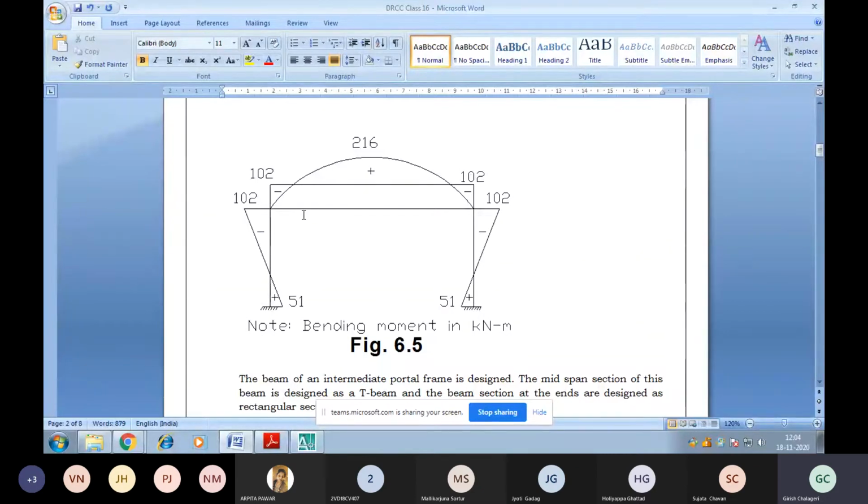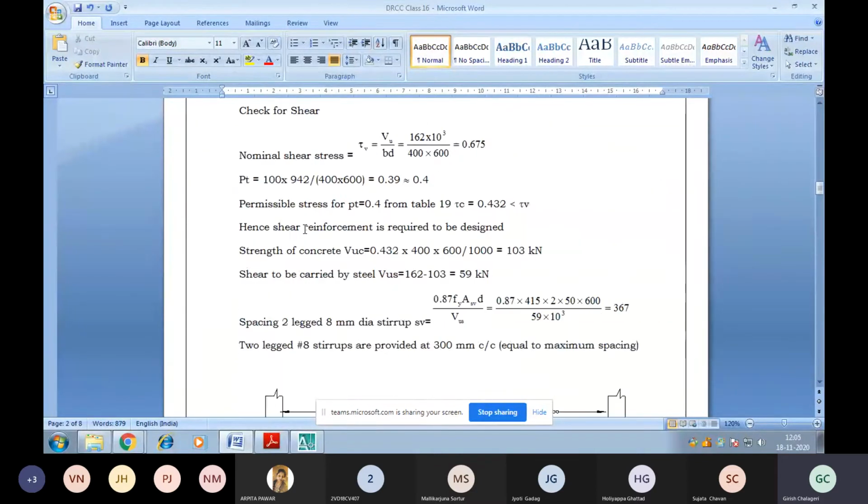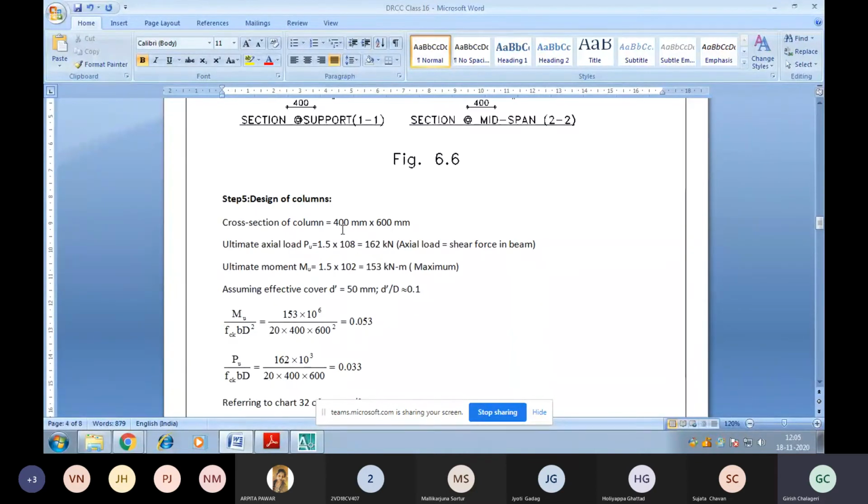That will be the shear force, multiplied by the factor 1.5. We get the load at the column end: 1.5 into 102, that is the moment. We get 153 as the maximum moment at the end span, and the vertical force will be 108 into 1.5. We get 162 as the vertical load, which is the shear force at the beams. So knowing the axial load and moment in one direction, according to SP16, from compression sections we can take uniaxial column design, where we get a moment in one direction with the axial force at the top of the column. The column size is already known, 400 by 600.